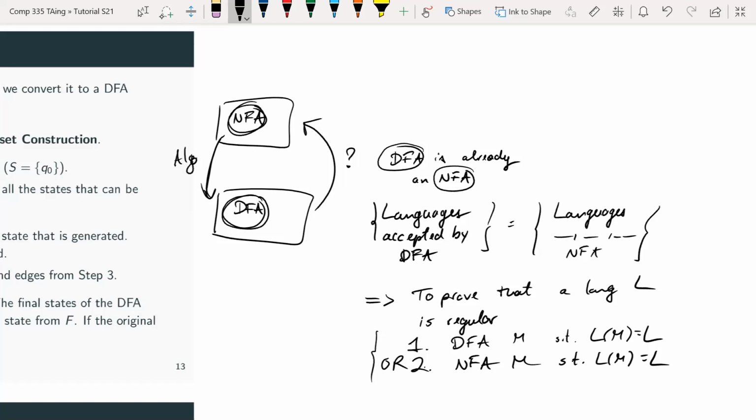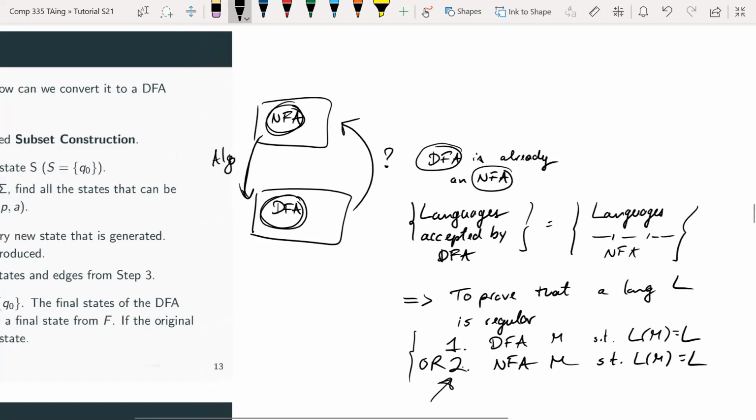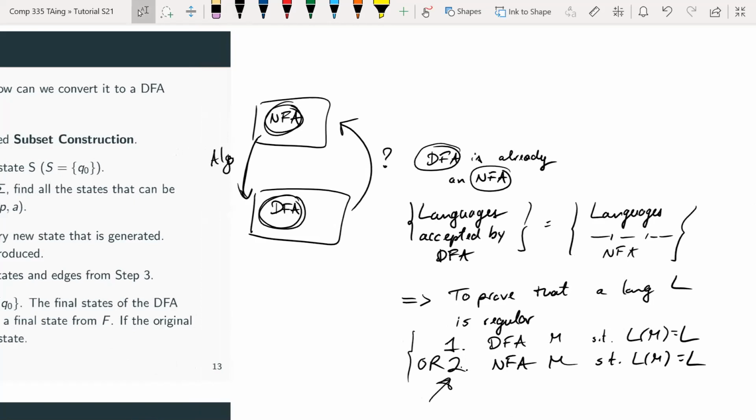Okay, so this is an aside that I was going to talk about after, but this actually gives you a good motivation of why we care about the conversion algorithm in the first place. It's because it enables us to have this second choice. Okay,